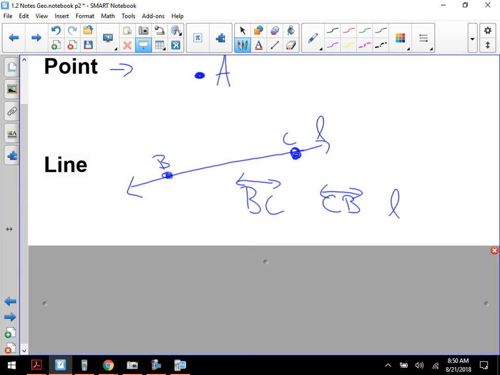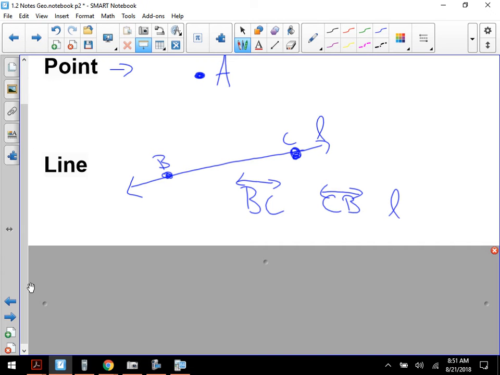Now, do planes have to be horizontal to the ground? Can planes be vertical to the ground where you're at? Think of the back wall. Could that back wall be a plane? Yeah. Is the ceiling a plane? Yeah. It just so happens that it has intersection points that's chopped off. And that's where you get segmented pieces to it. Is your piece of paper a plane? It is, but it's just not drawn out infinitely because that would be one hell of a piece of paper. So the idea of a plane is that you have a flat surface, like you were saying, that extends in all directions